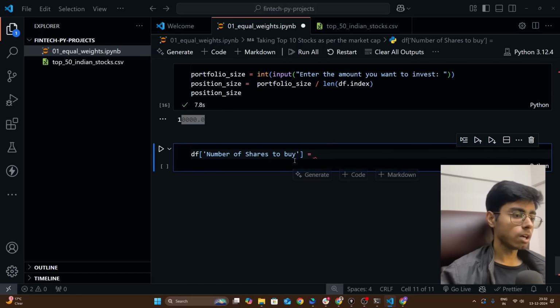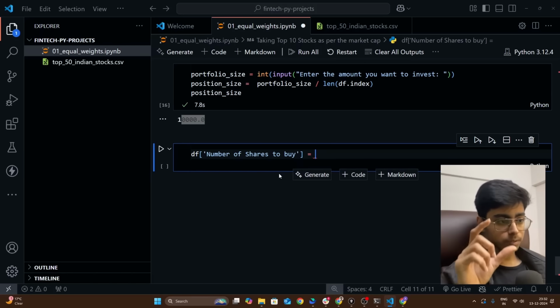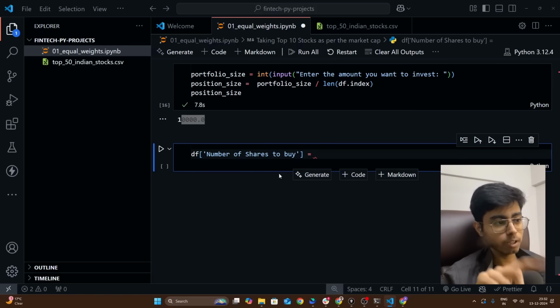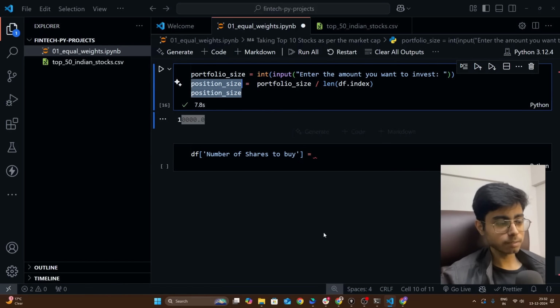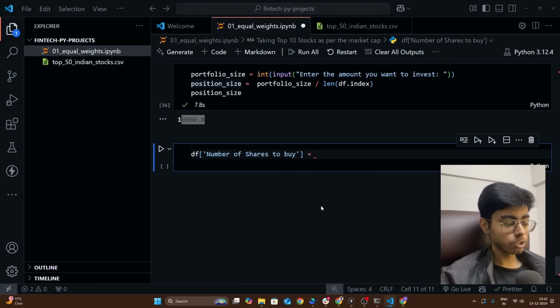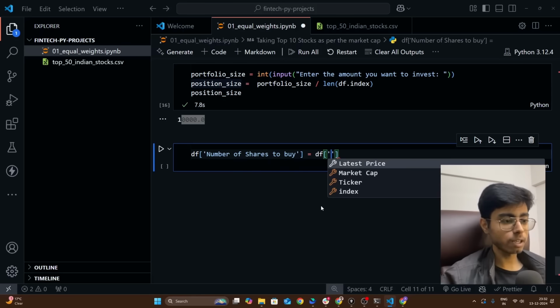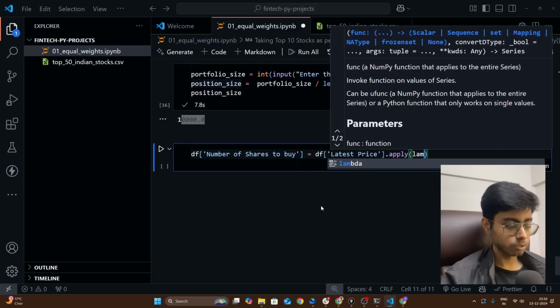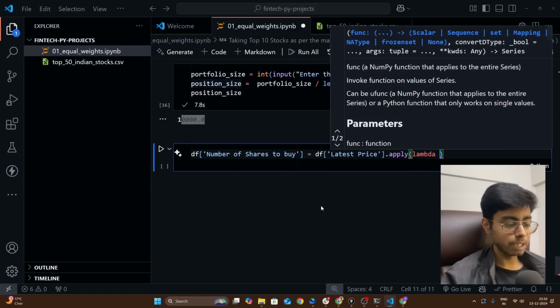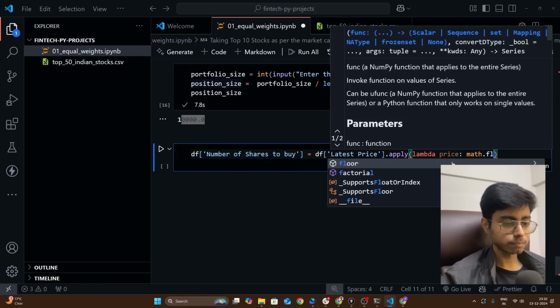So what I'm going to do, number of shares will be calculated like the total amount that you are investing, that is position size, right, divide by the latest price. Okay, so I have to apply this lambda function on the price column, right, because that will be the value that will be used in this lambda function. So df at latest price dot apply a lambda. So lambda, let's call this value as price. So it is going to go in the latest price and it will pick a price, that means the latest price, and price mat.floor